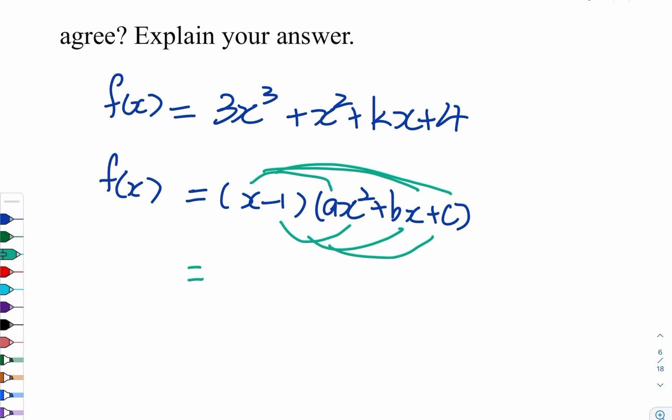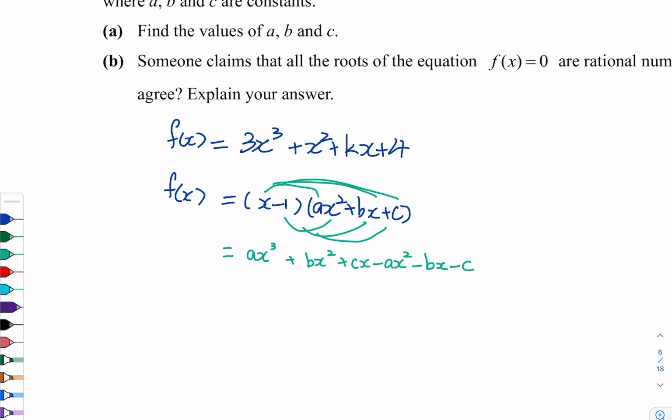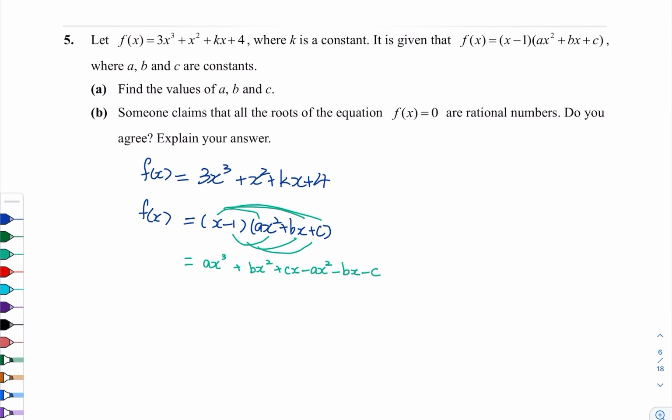So this part first, ax cubed plus bx squared plus cx minus ax squared minus bx minus c. Now that you are all done, we compare the coefficients. Coefficients means the numbers or the values next to the unknowns. So let's compare the coefficients by comparing. You can write these words, up to you. You don't get extra marks. By comparing the